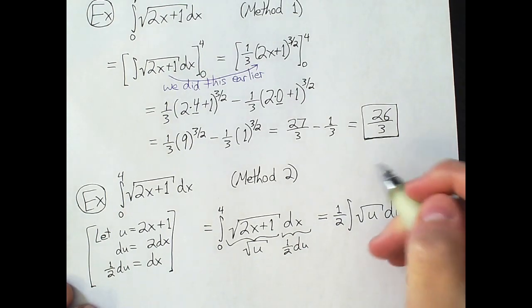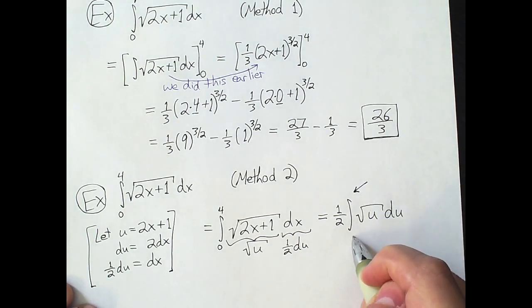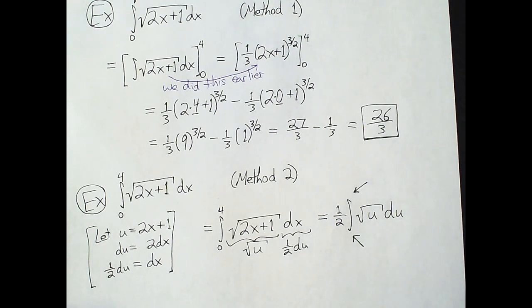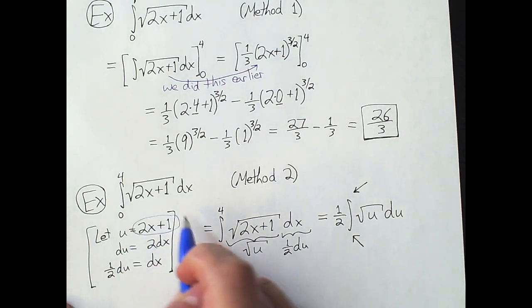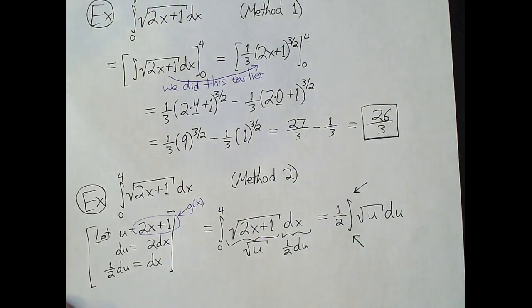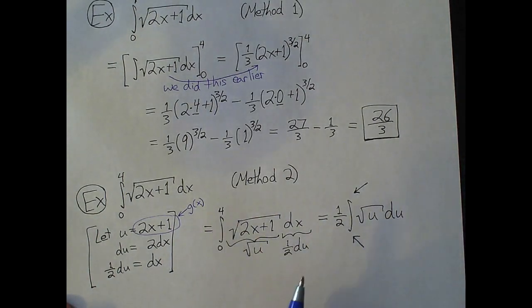But there's something we need to do here. We need a number to go up here, and we need a number to go down here. When I wrote method 2 above, I wrote these numbers as g of a and g of b. So what is g? Like, what is this function g? Well, this is the g that we chose for this problem, 2x plus 1. So g of 0 and g of 4 would mean,